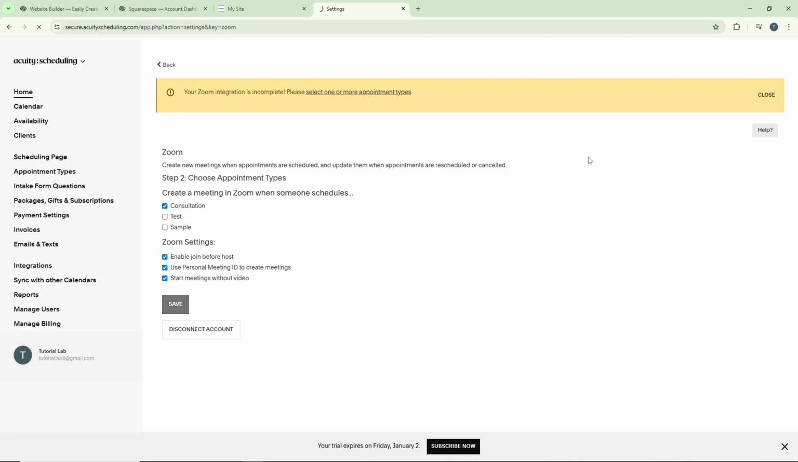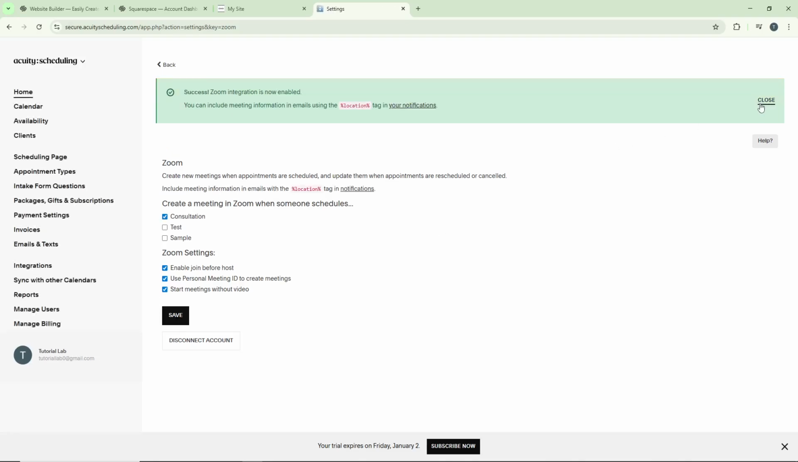Squarespace will now automatically attach Zoom meeting links to the selected appointment types, and your clients will receive the link when they book with you. And that's it. You've successfully integrated Zoom with Squarespace scheduling, making your booking process more efficient and